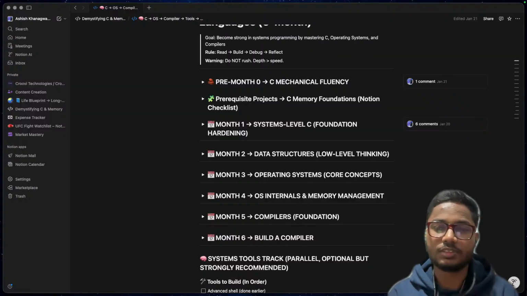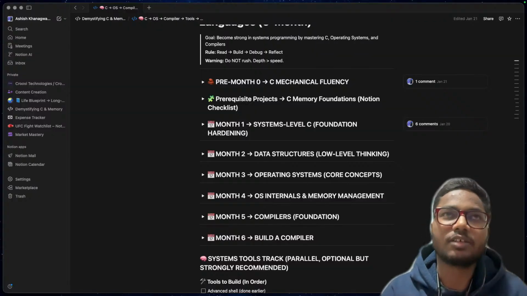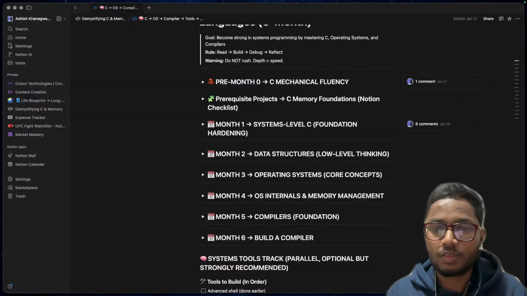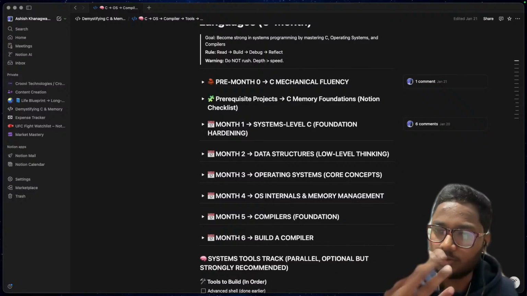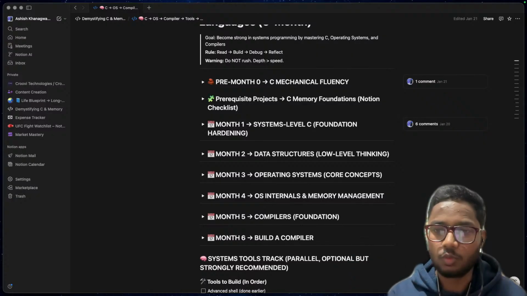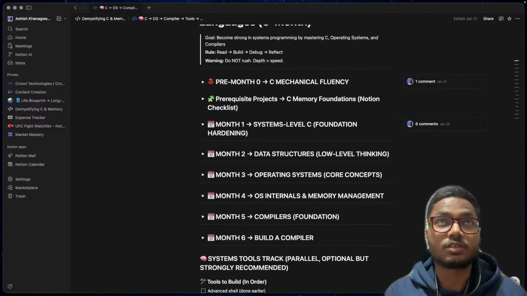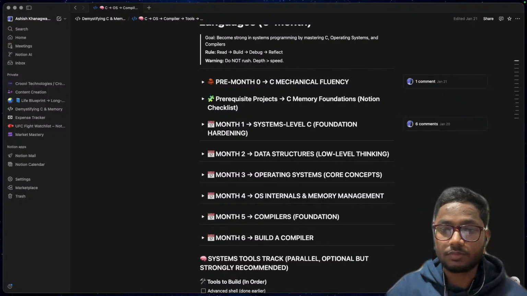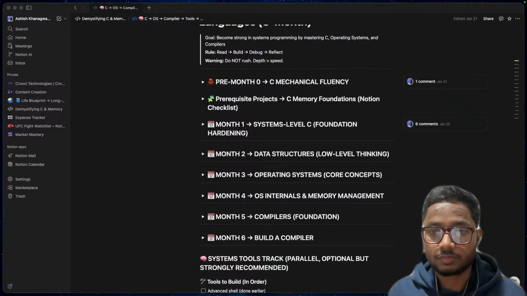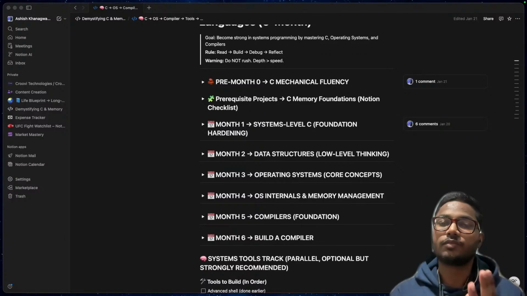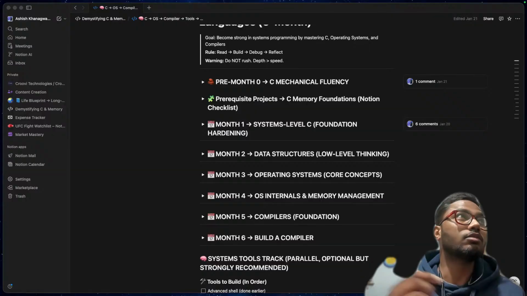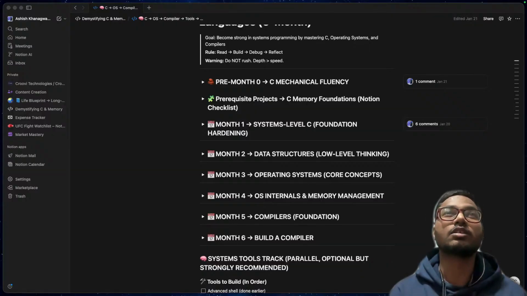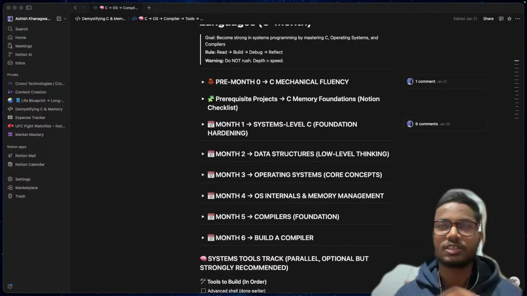But that's just one part of what I'll be doing. I have different goals too. So let me break down why I'm doing this and what I'm actually working towards, right? So first, this is very important: deep understanding of all these concepts, all the low-level system things that most coders skip.